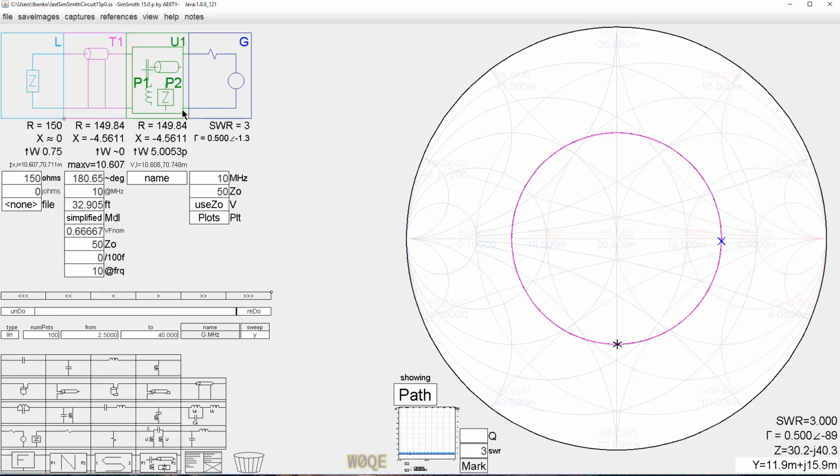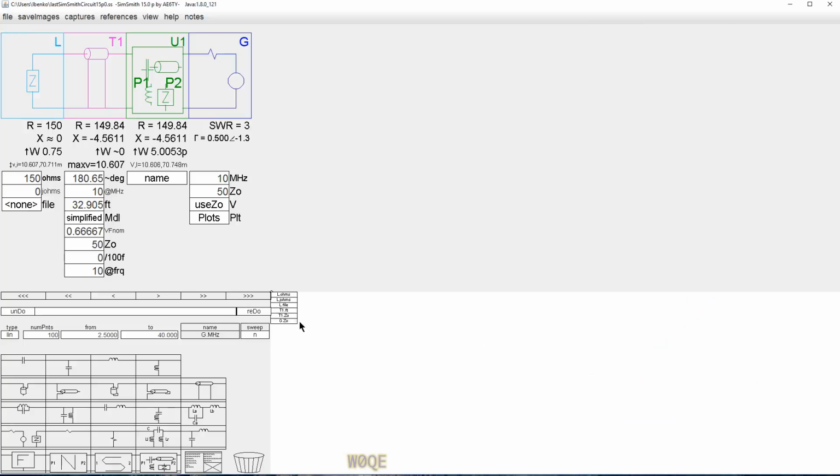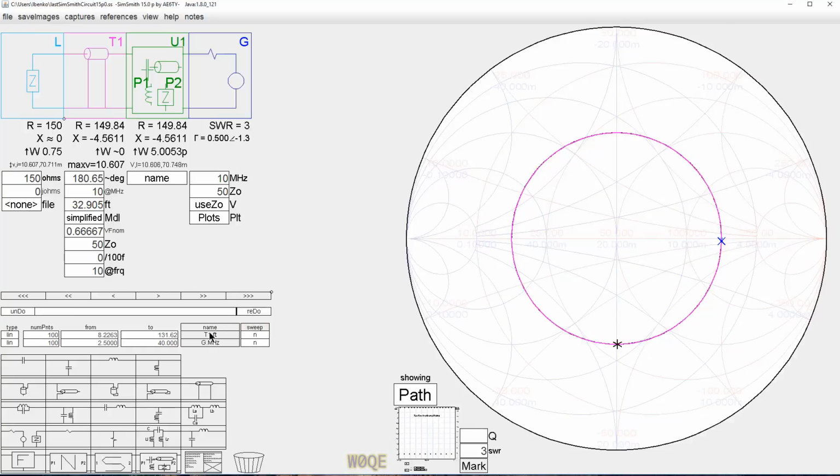So if we wanted to use this as the load, this point right here from T1 to ground as the load, what we would do is we would not sweep frequency. We would sweep the length of our transmission line, and we would sweep it from 0 to, say, 32.9 feet. And 100 points is more than adequate. We'd sweep it, and there's our rotation. So, what's wrong with doing this? And the answer is probably nothing, although it's a little bit,